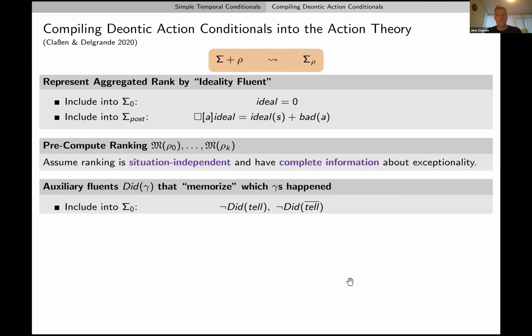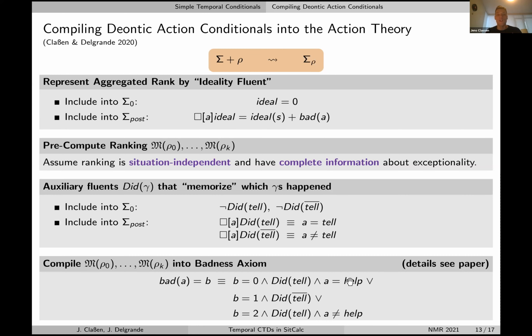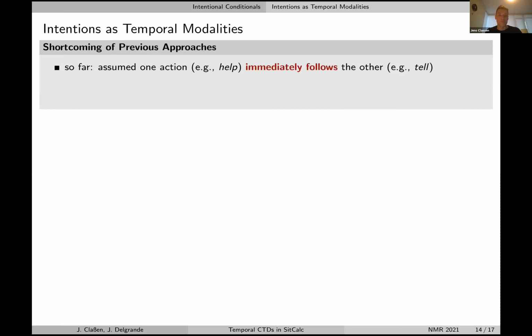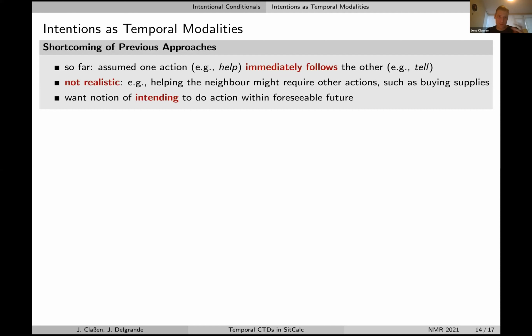And then we have another result where we show that we can compile these kinds of rankings into the basic action theory. So where we only have a basic action theory in the end that we can use, for example, for planning without the need to do this kind of non-monotonic computation. And basically the last contribution of the paper is that so far what we didn't have is